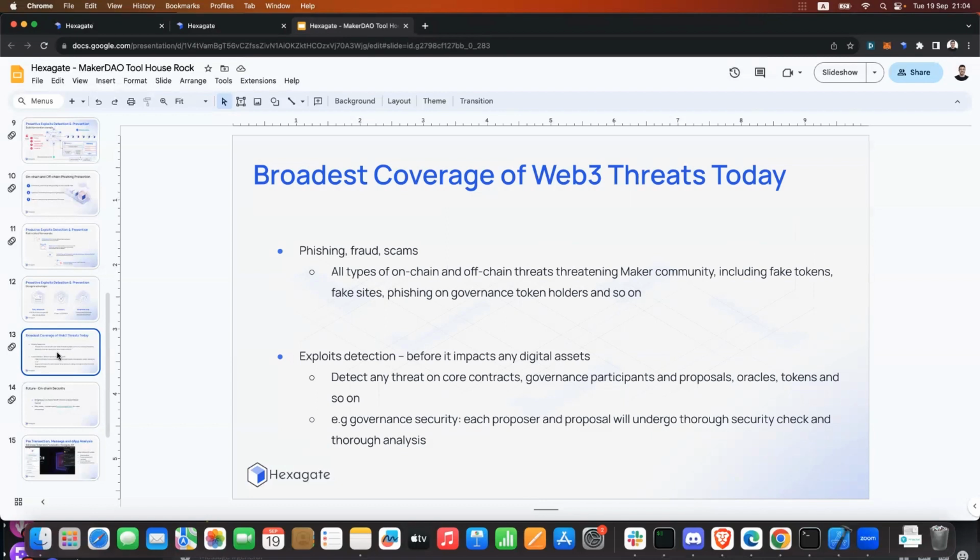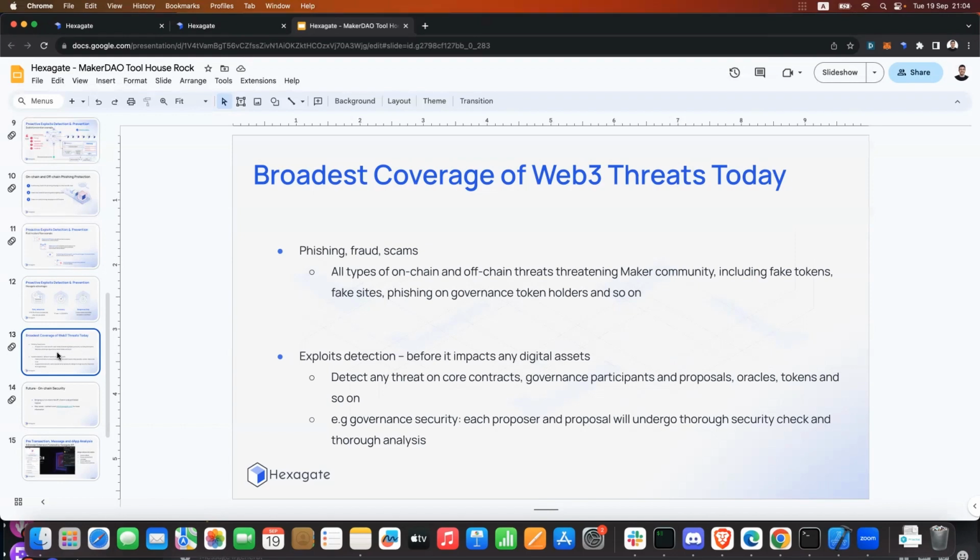If they're community members or governance participants, they can get those real-time alerts by Hexagate and stay protected. So all in all, this is why we think we have broad coverage of Web3 threats, possibly covering any type of threat to the Maker community.